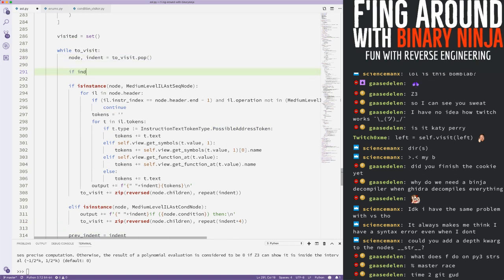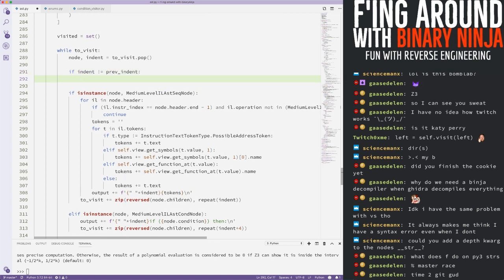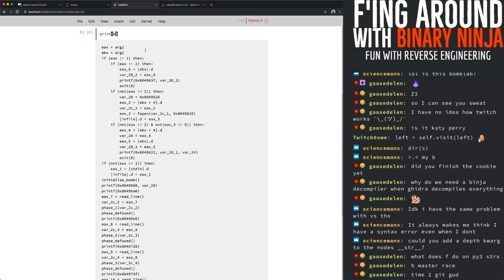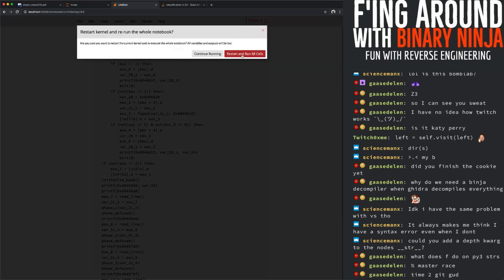And say if indent doesn't equal prev indent, output plus equals, oh wait, let's see if indent is less than previous indent. And then we should get